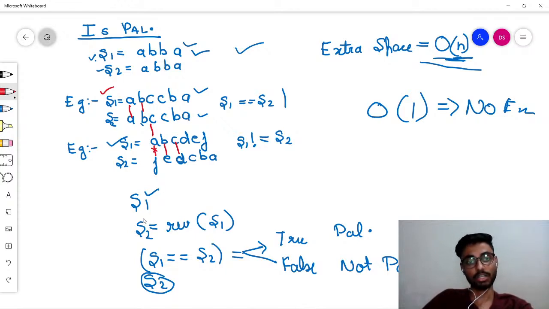If we look into the same string, we can find that character A is being compared with character F, character B is compared with character E, and character C is being compared with character D. That means if we look into the same string, this character is compared with this character, this with this, and if any one comparison results in false, that means this is not a palindrome. Similarly in these examples also,